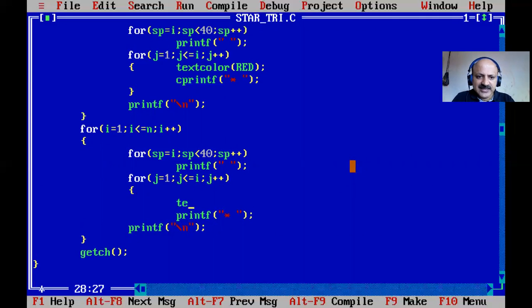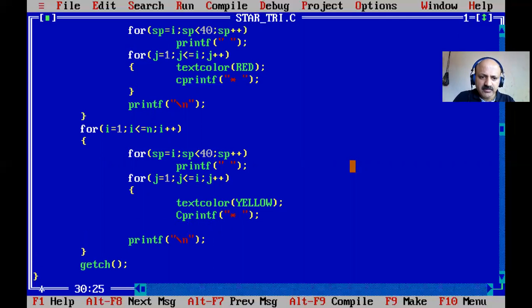Text color. Okay, so that is a built-in function, and then we can provide here, like first is red, then yellow. Yes, yellow in capital. Yes, and then cprintf, which I will show you in the help library.